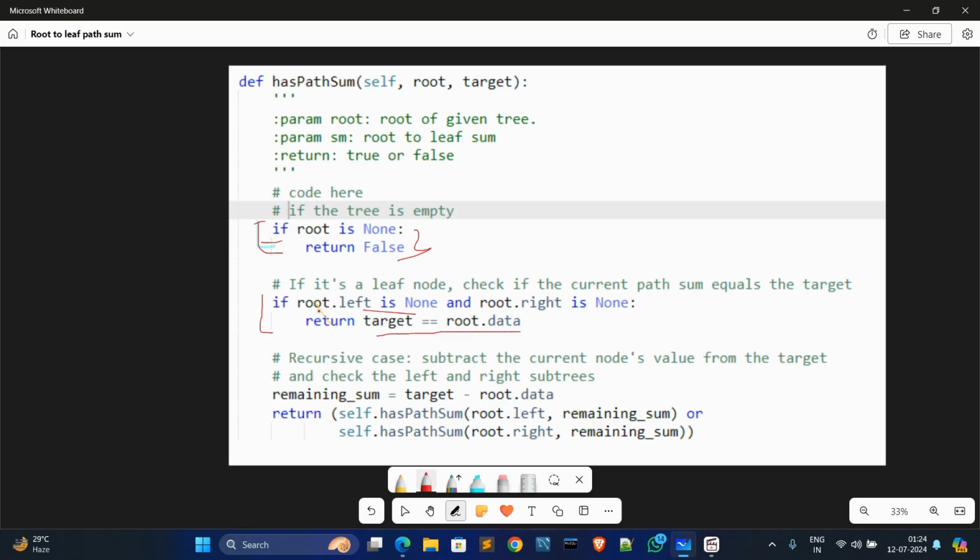Then it traverses the left and right sides recursively, using the remaining sum, and matches against the target sum. If found, it returns true.